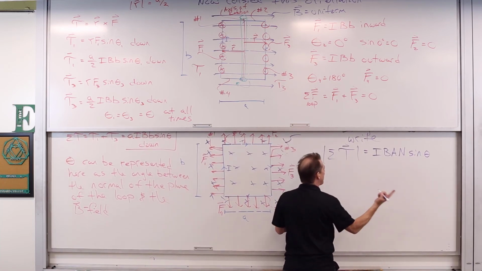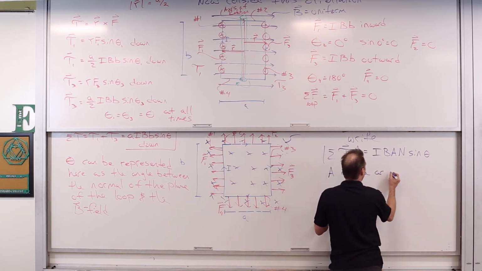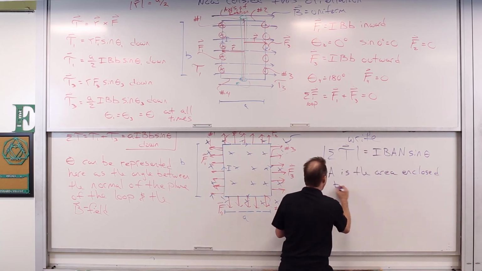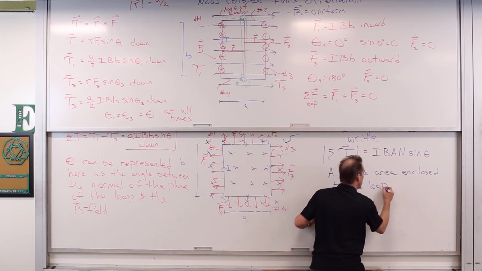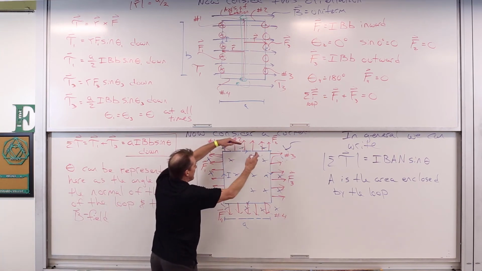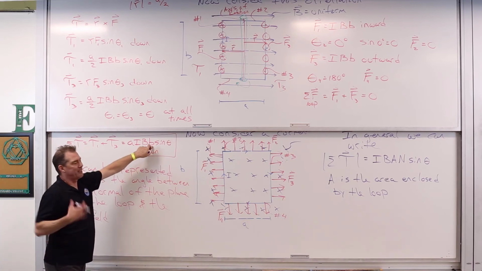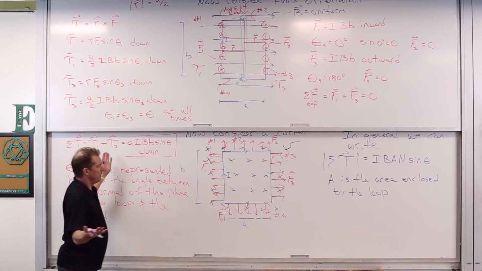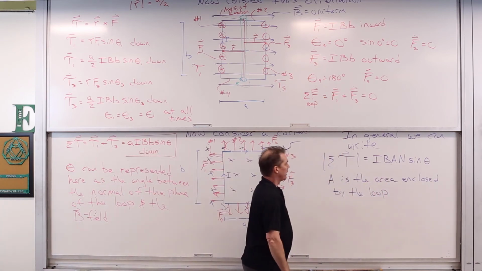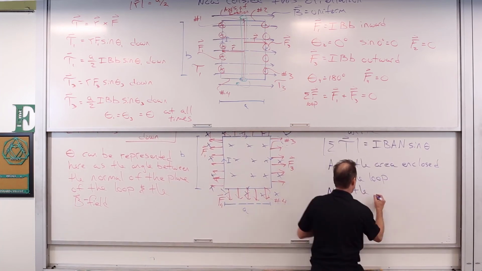I is the current, B is the magnetic field, that's great. A is the area enclosed by the loop. A little bit harder to show this, kind of got to take my word for it, but in this particular case, the area enclosed by the loop is A times B. There it is right there, A times B. But it doesn't necessarily have to be a rectangular or square loop. It could be circular. As long as we know what the area of the loop was, we can go ahead and utilize that. N is the number of turns